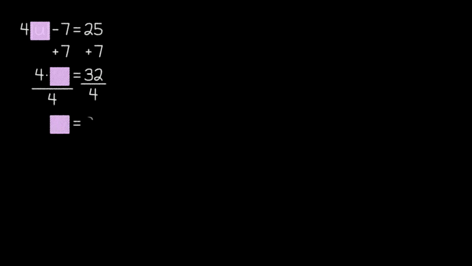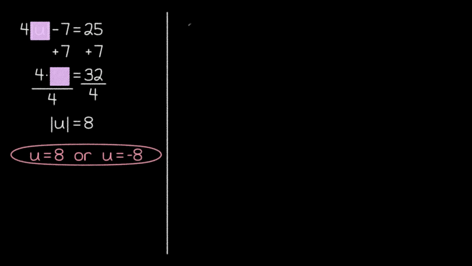This first problem differs from the last problem we did because the multiplication and subtraction are happening outside the absolute value bars rather than inside of them. In fact, we can initially ignore the absolute value portion of the equation by drawing a box around it. And once we rewrite the equation with a box, we can see that this remaining portion is just a linear equation. So we add 7 to both sides, and then divide both sides by 4 to see that the box is equal to 8. Then, we replace the box with the expression that the box represents, and we see that our two solutions are 8 and negative 8.